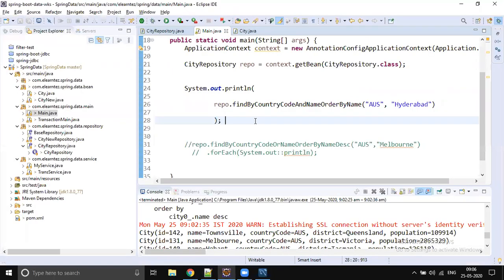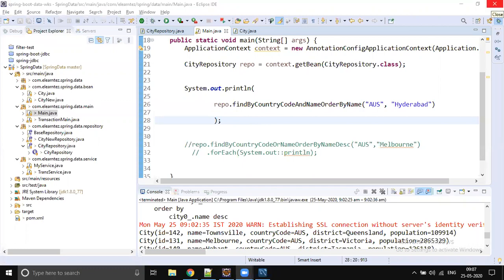If it is a JDBC application, for sure we will get some exception, an empty result set exception, something like that. But what about Data JPA? Any guess? Shall we get an exception? Just try.